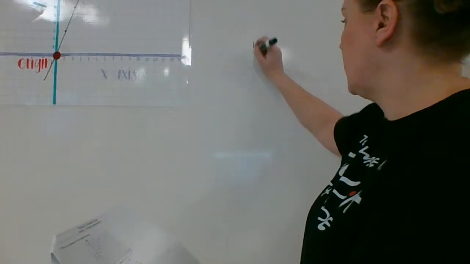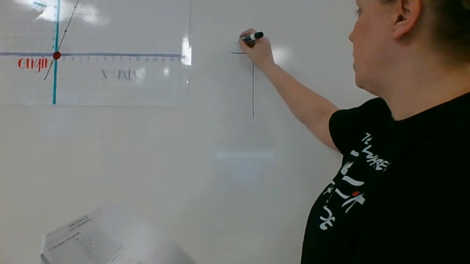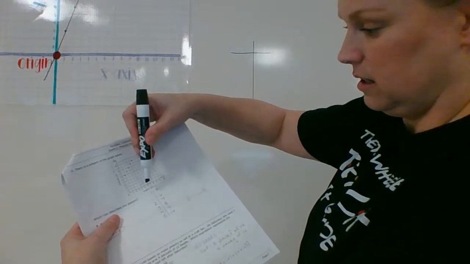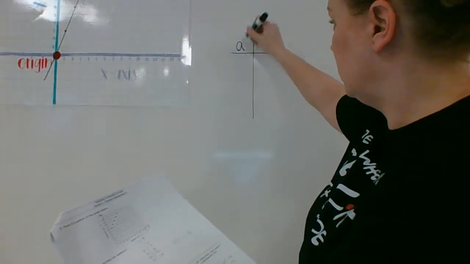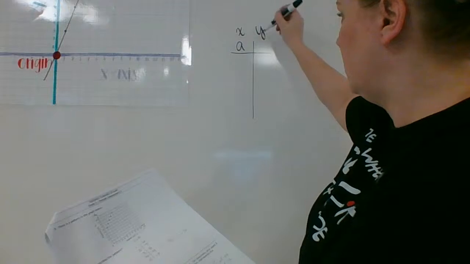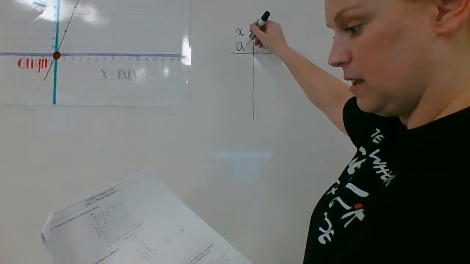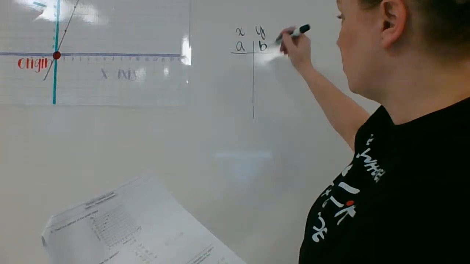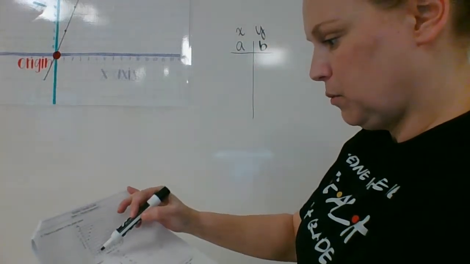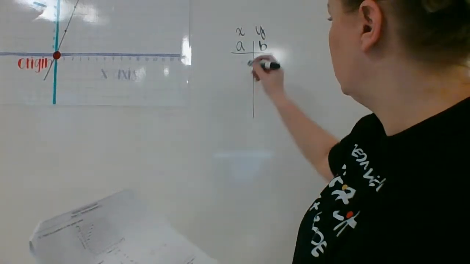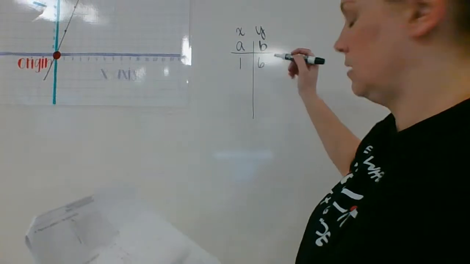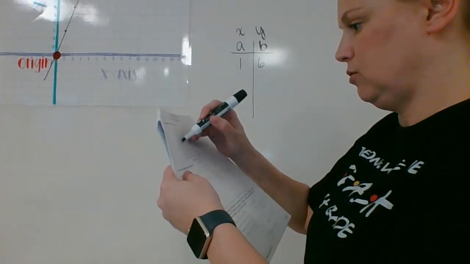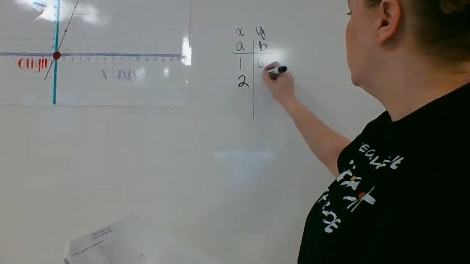So if I make an X and Y table, or in this case, X is A. Remember, we always do X, Y, but in this case, A, the input, is X, and B is your Y. So our first point looks to be at 1, 6. The next one is, if you go over 2 and up to 7,